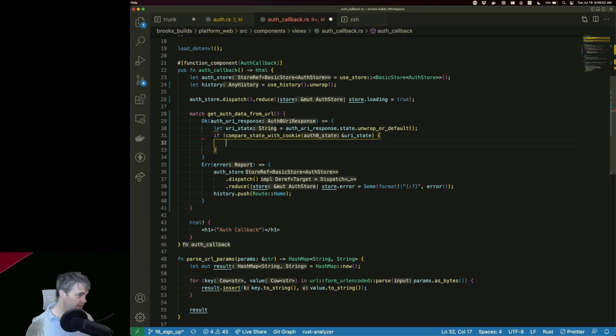Okay, if compare state with cookie. So if this fails, if it's false, the cookie does not match. We then want to set that state, so we're going to do another dispatch.